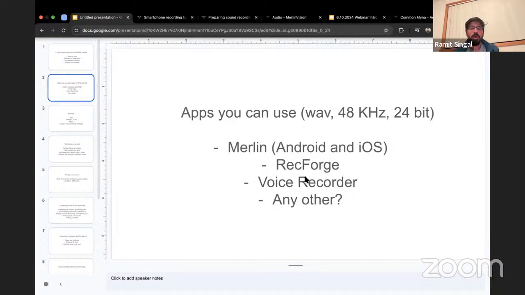On iOS, the other app I sometimes used to use earlier, I don't use it anymore because of Merlin, is Voice Recorder, which is quite good and gives you the ability to change all those settings to match the settings I mentioned earlier. And I know on Android, RecForge 2 used to be very popular, but I'm currently unaware of what other apps offer a similar system